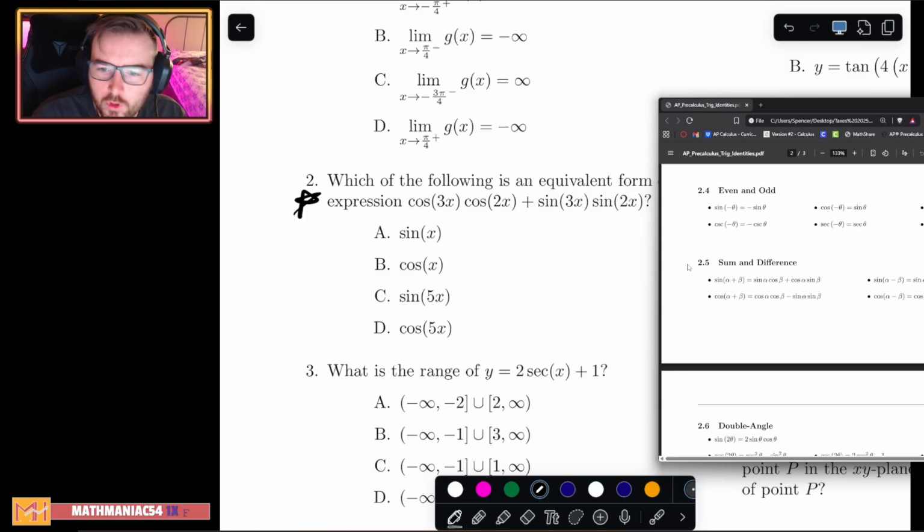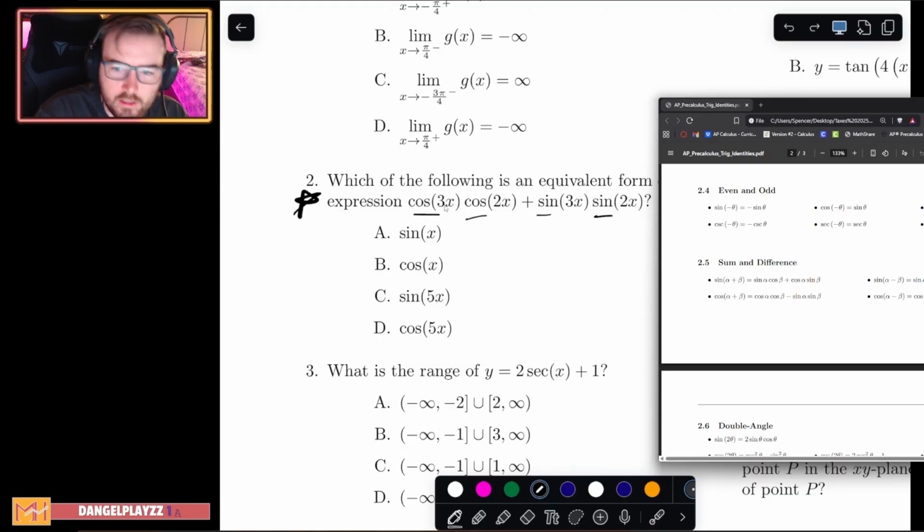So what format are we looking at? We're looking at cos, cos, sine, sine. Aha. That is the cosine sum and difference. And if it's a plus sign, you're subtracting the two angles. So this